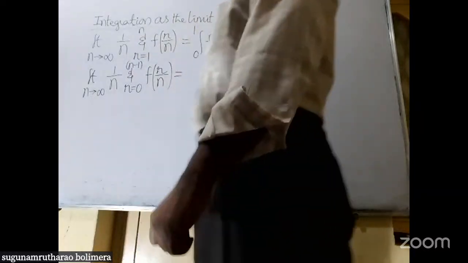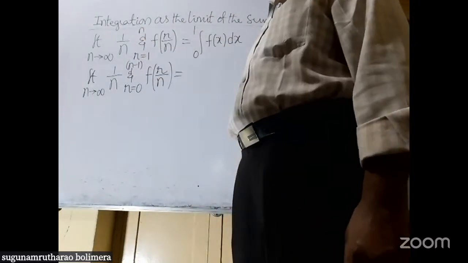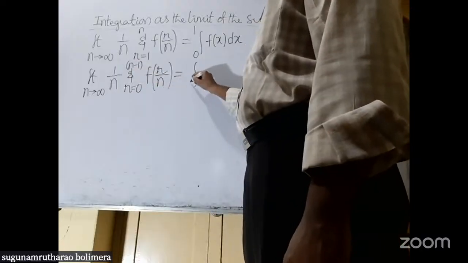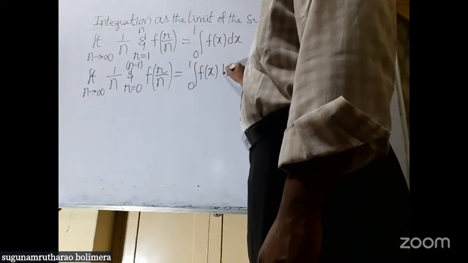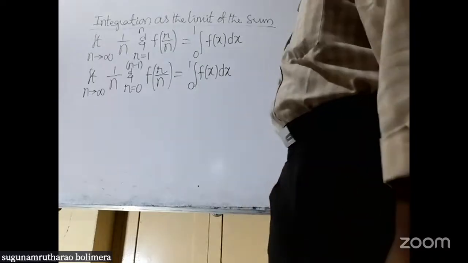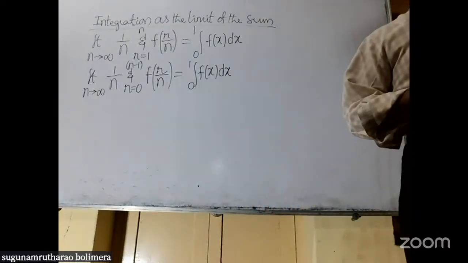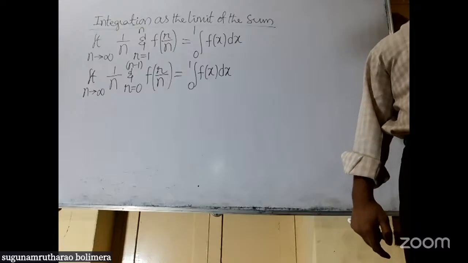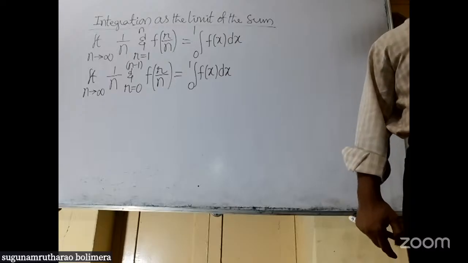That is also equal to, whether it is from 1 to n or 0 to n minus 1, the integral from 0 to 1 of f of x dx. Quickly we do one or two problems on this, and then we'll move on to the next topic,